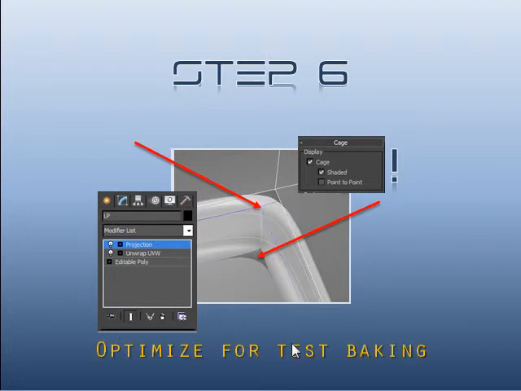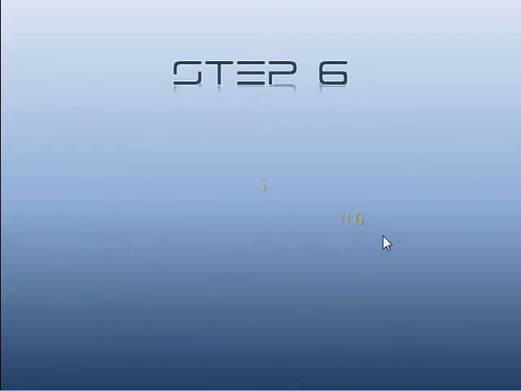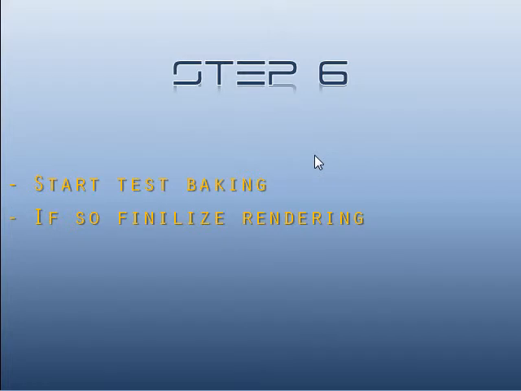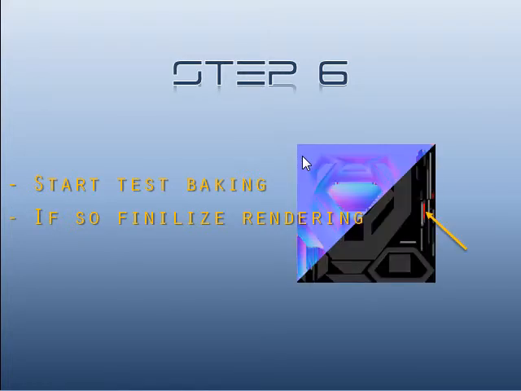And yeah, optimize for test baking. That's the first thing you should do. So let's continue with the test baking. As you can see, the output on this right corner would be this if you hit just the render